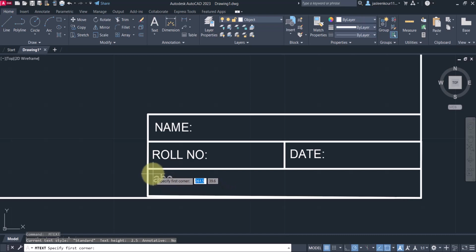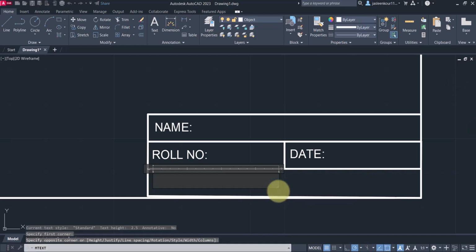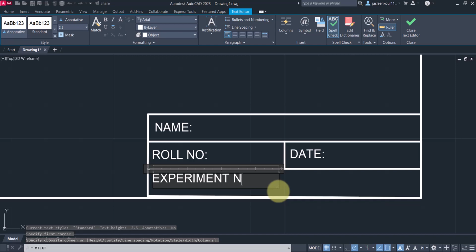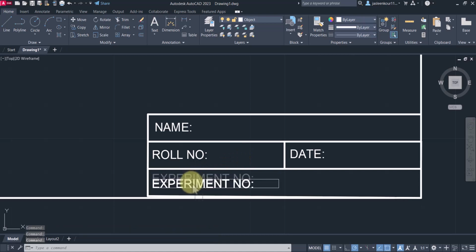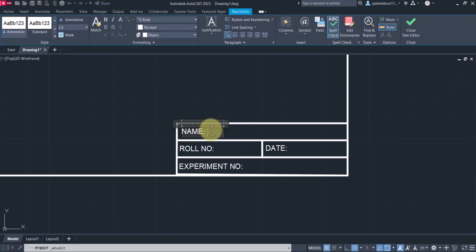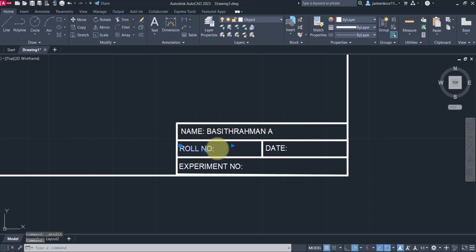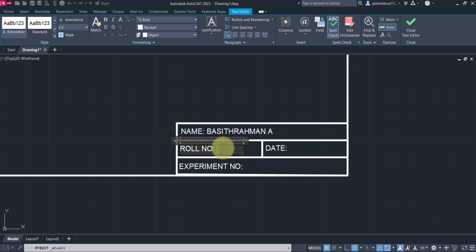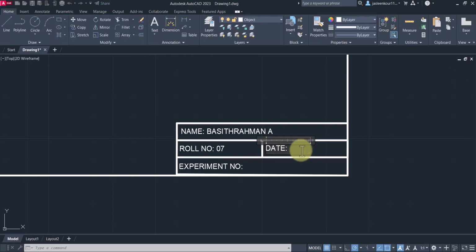So next thing is I'm going to type the experiment number here. Again I'm going to move this to the center. Here by clicking this you can edit your name. Based upon the length you choose, that text will be available. So you can extend this length based upon your requirement, and here you can type the roll number will be 07 and the date will be